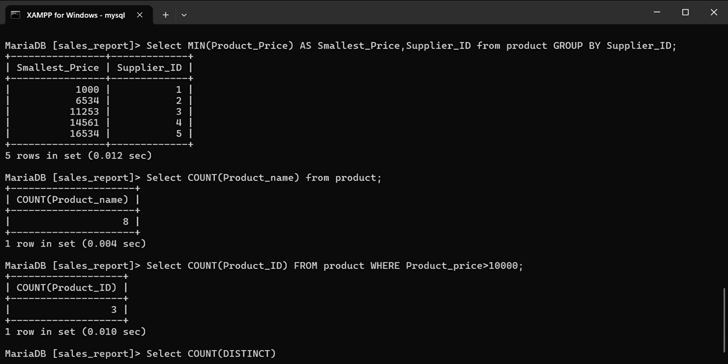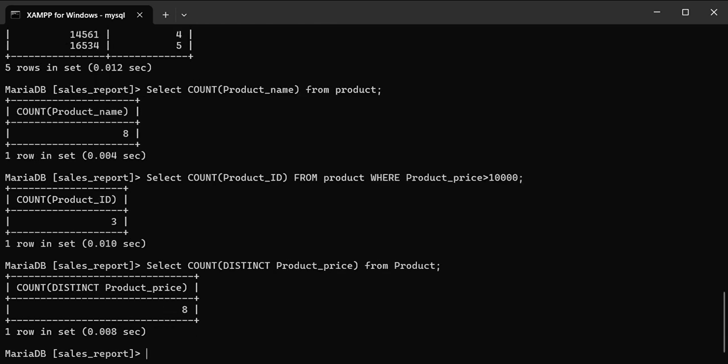So count distinct product price from our product table. So it says that in the given example from the demo table, there are 8 total products with different prices.